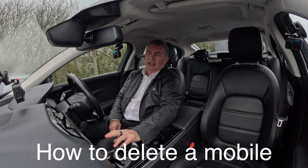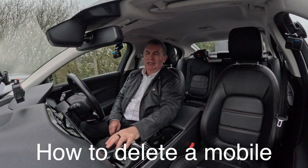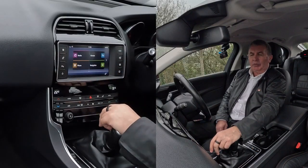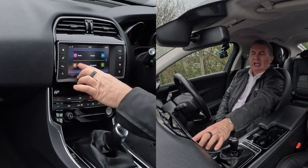Okay, I'll just show you how to delete a mobile from a Bluetooth audio system in this 2015 Jaguar XE. So from any screen, we're on sat-nav at the moment. If I go to home there, you've got media, phone, climate and so on, or you've got the phone button here. If I click on phone there,